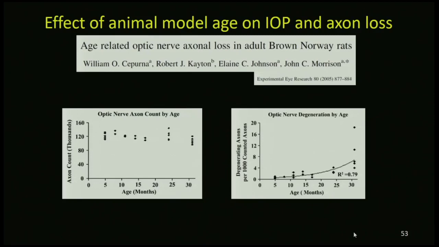In humans, as Dr. Sitt pointed out, over time we're losing retinal ganglion cells, and we think it's in a linear fashion. That may not be the case for rats. They may maintain their axon counts for most of their life. So if you're looking at a specific model where you want to look at aged animals and assume that they have fewer axons, you really have to be sure that they actually have fewer axons. So in the case of the rats, you have to wait till they're quite old.